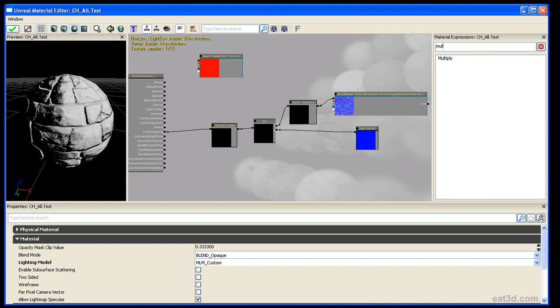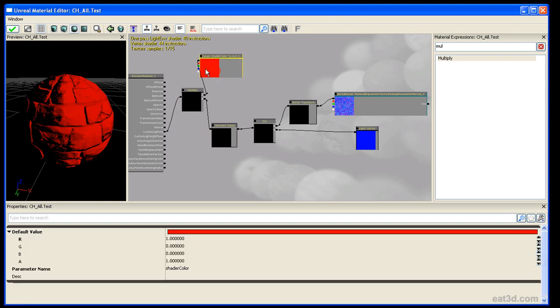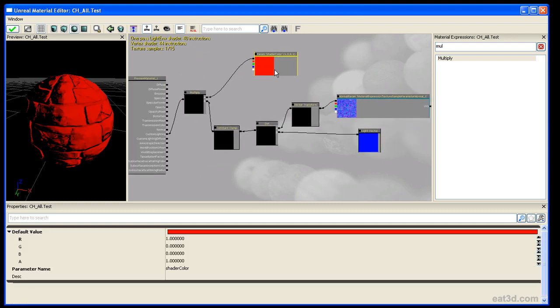But first, let's add a multiply. We basically want to multiply all this guy with that shader color. And you get what you expect. So if we duplicate this with Control W, we can change this to be ambient color. And I want it to be default 0.1 all across. And let's add